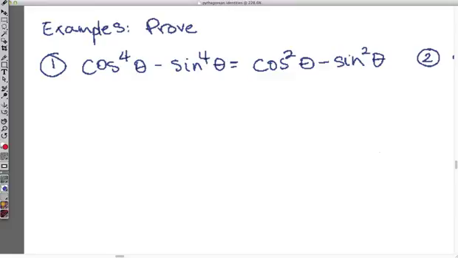And with identities, what I like to do is I usually try to refrain from working on both sides. I try to look at one side and make it look like the other side. So in this case, this being the higher power, it'd probably be easier to simplify this one into this one. So here I have that as a difference of two squares, right? They're both even powers. So I can factor that as